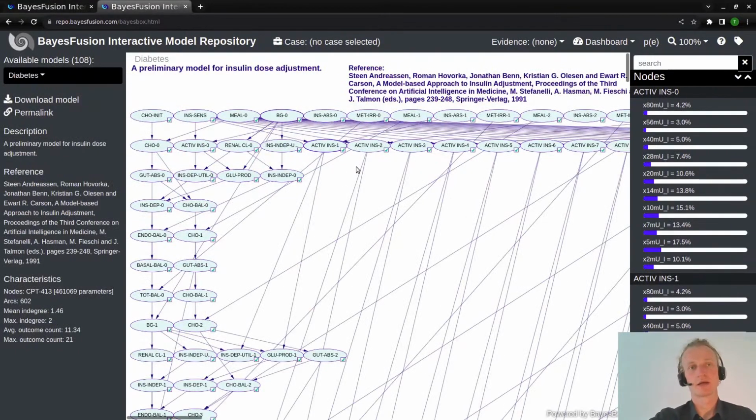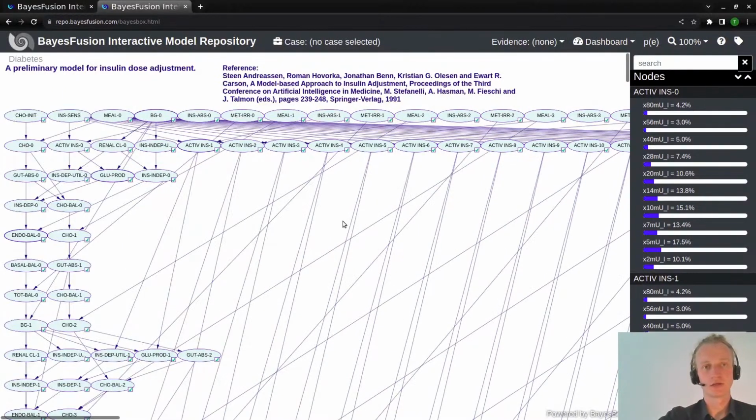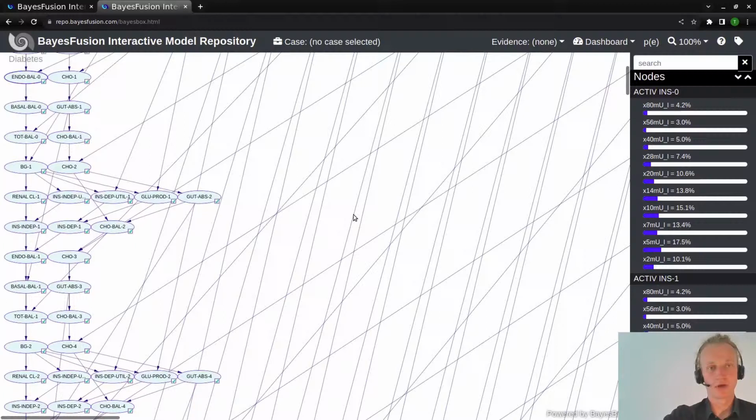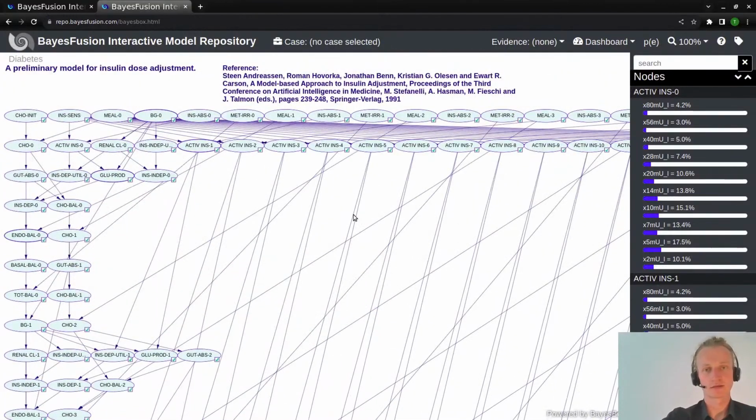So here is an example of an insulin dose adjustment, and you can imagine that setting these conditional dependencies up by hand can become quite complicated, which brings us to our next point in my talk, which is setting up the network structure